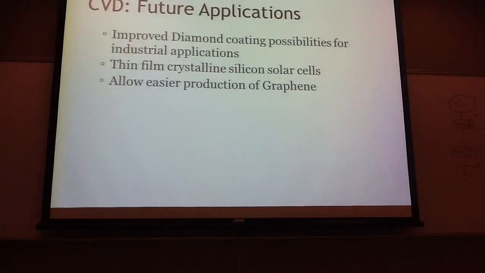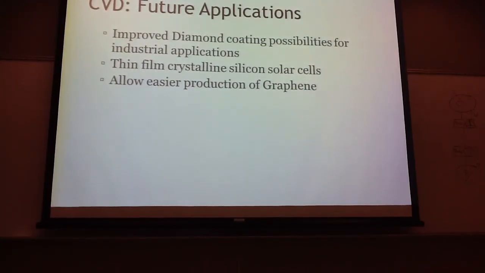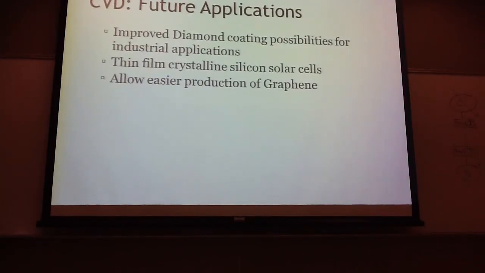And then, because I wasn't really sure how to wrap up this presentation, I thought I'd give you a little taste of what might come for future applications of chemical vapor deposition. We could have improved diamond coating for industrial applications, much better knives and cutting processes and all of that. Thin film crystalline solar cells, so that the solar panels we make can use fewer natural resources and fewer of those really rare chemicals that we need for other things that might be